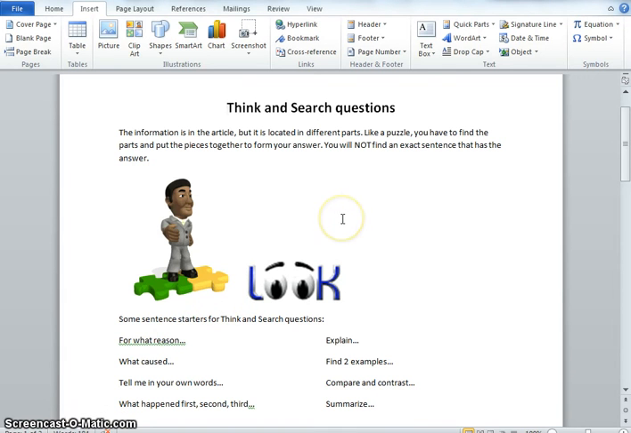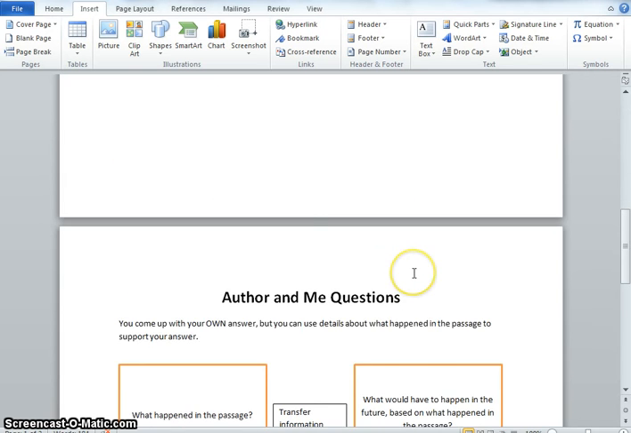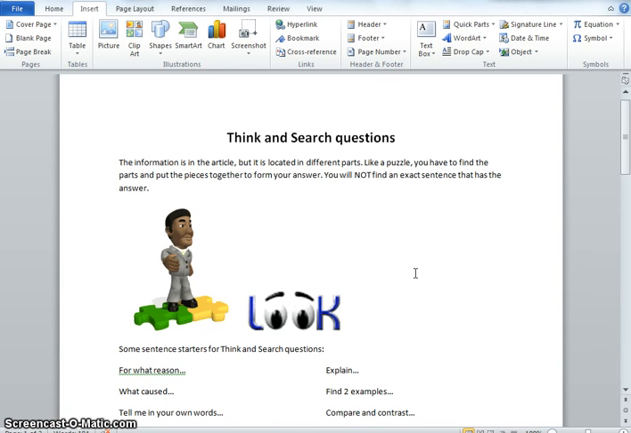The types of questions that we're seeing are not right there questions. They're not the kind of questions where we can just go to the article and find the exact answer. Instead, we have something called think and search questions and author and me questions. Let me explain. When we have think and search questions, the information is in the article, but it is located in several different parts. So just like a puzzle, you have to find the parts and put the pieces together